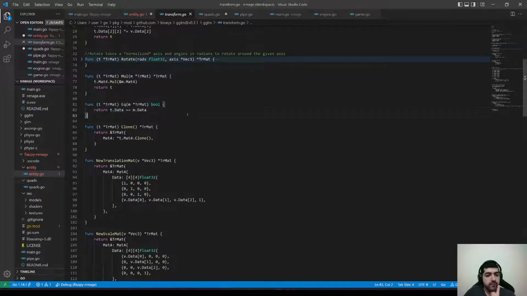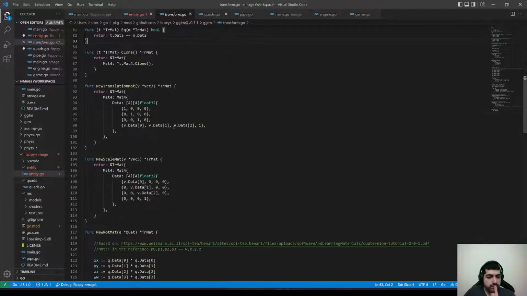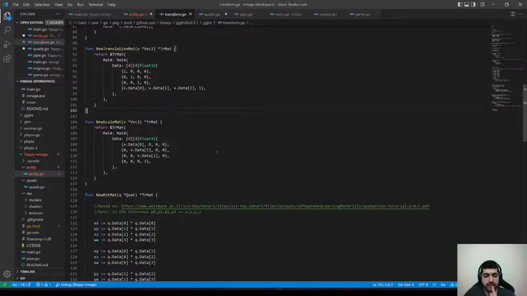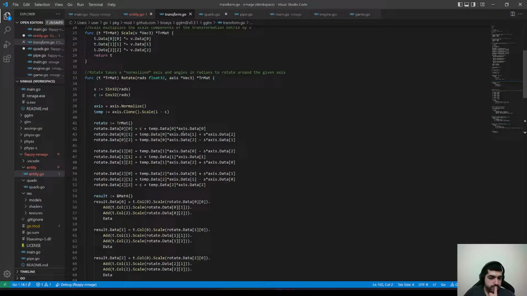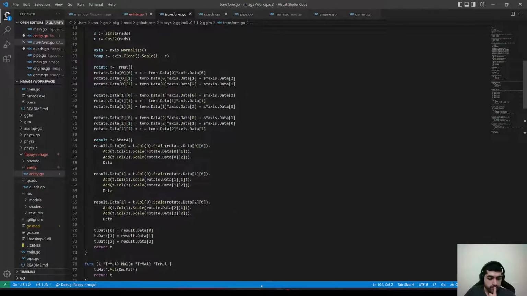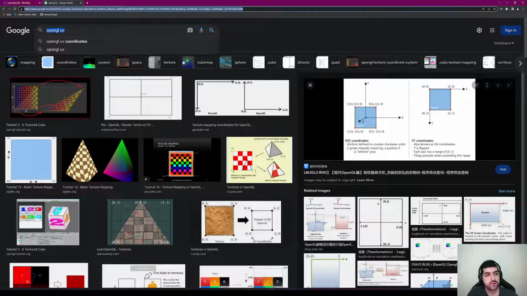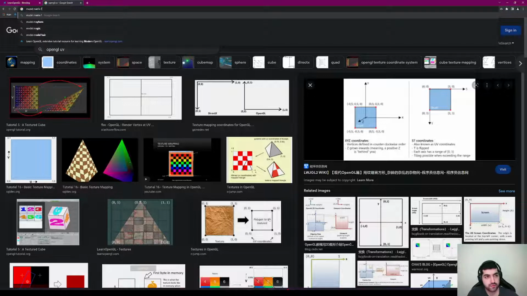Yeah, multiply might make sense. Like we'll use this and then we scale and then rotate. I think, is that the correct way? Let's see, let's read on it. So model matrix from